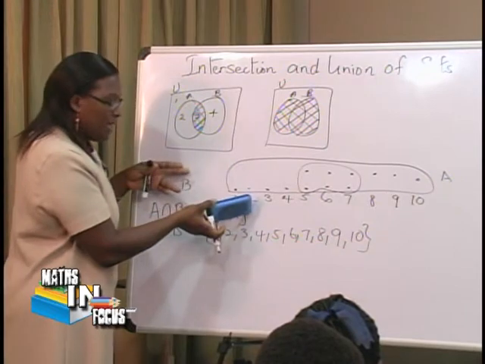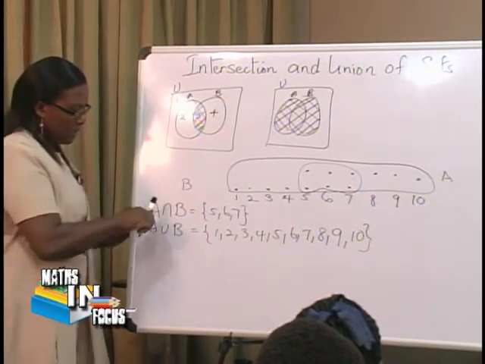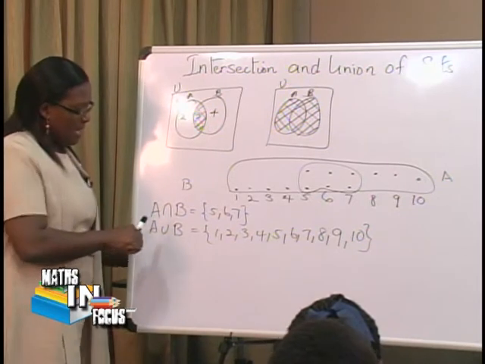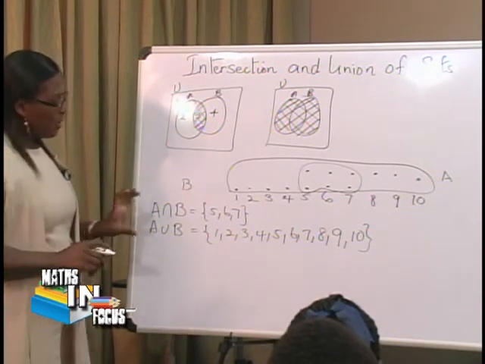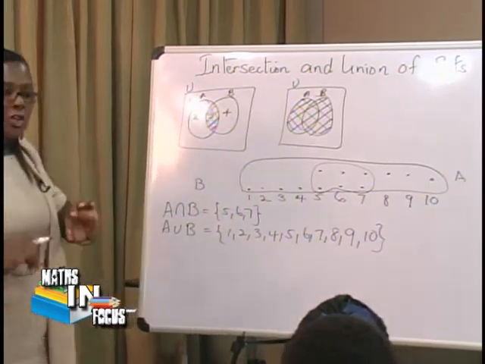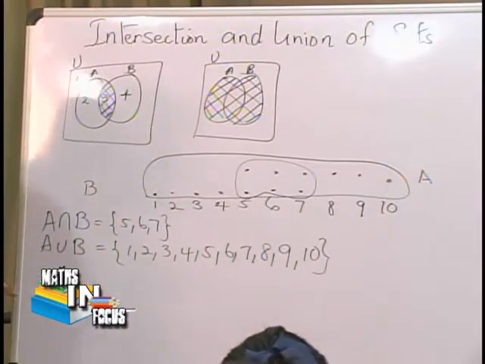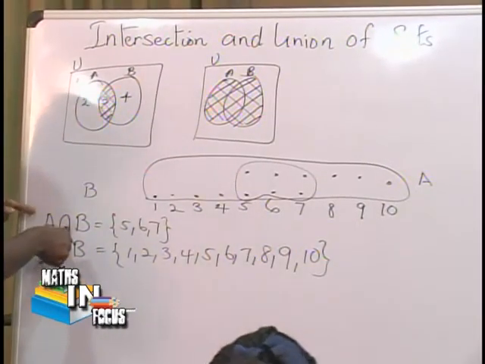We use our number line, and we got 2 sets. Now we're going to take our 2 sets, A intersect B and A union B, and we're going to rewrite these using set builder notation. Now what you notice first is that we use representations to come up with these sets that we have here. Now that we have these and we know what the elements are, we're going to move from here to our